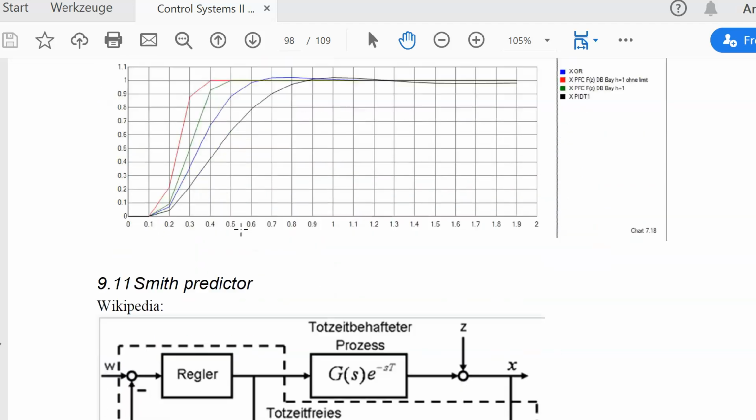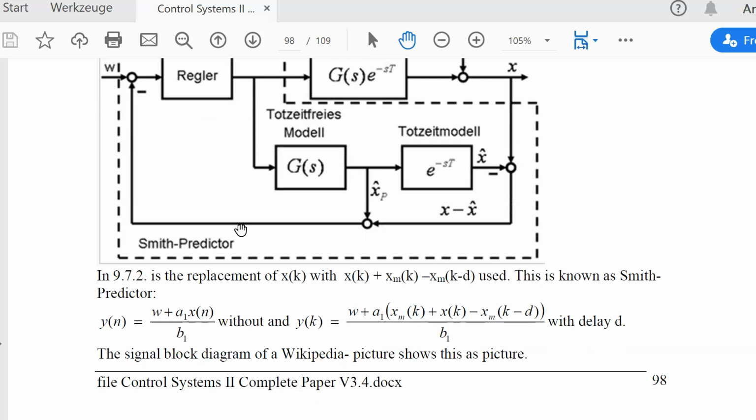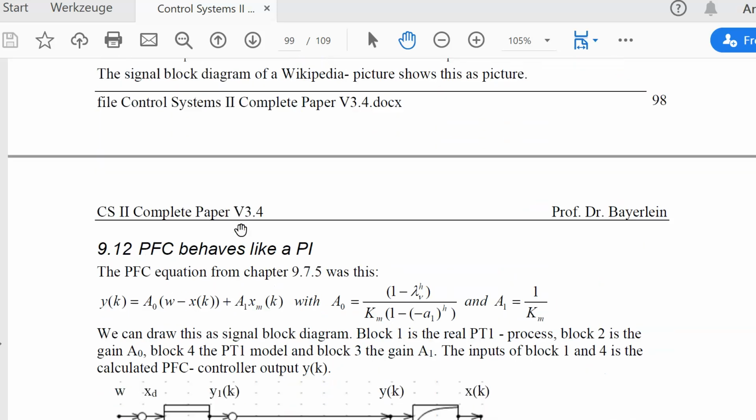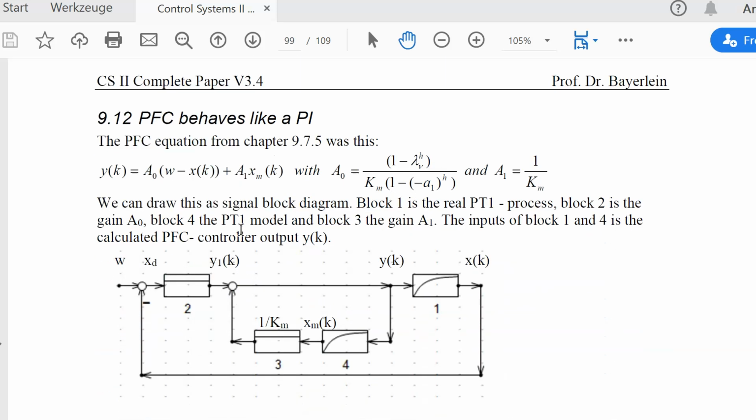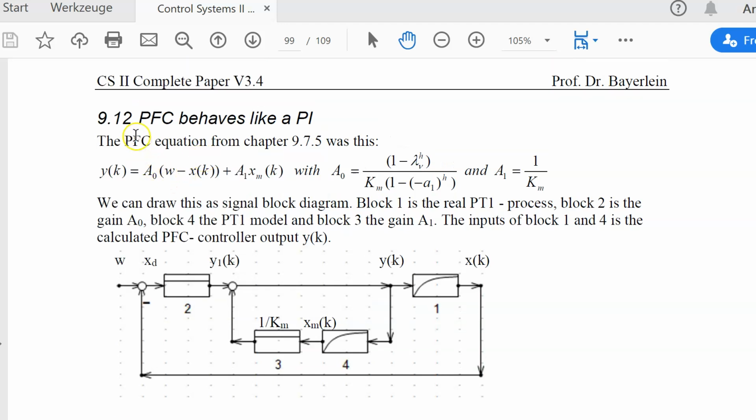Okay, in 911 is an added chapter with the Smith predictor. So we have talked about this, we have used this, I have explained it. So I skip this and come to a really new chapter. This is a discussion, comparison of the original PFC version with the PI. So we have seen that the PFC